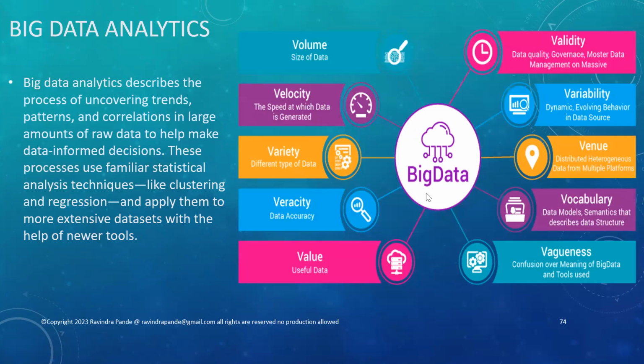Now let's try to understand big data in terms of analytics. When it comes to big data analytics, there are around 10 V's normally explained. Volume we already discussed, velocity we already discussed. Velocity is about efficiency, variety is about different types of data, veracity is about data accuracy in terms of getting the correct